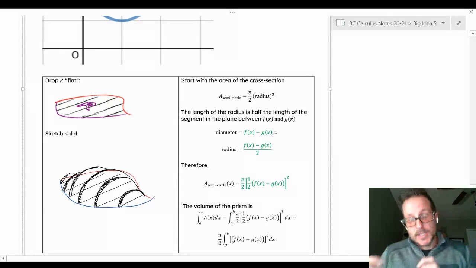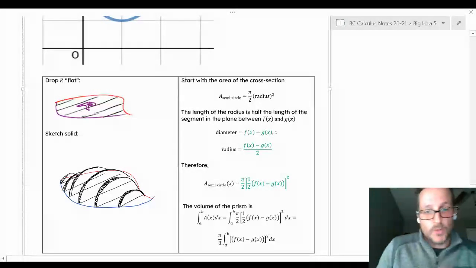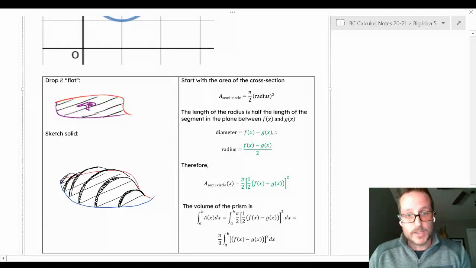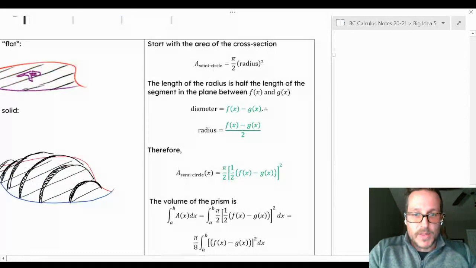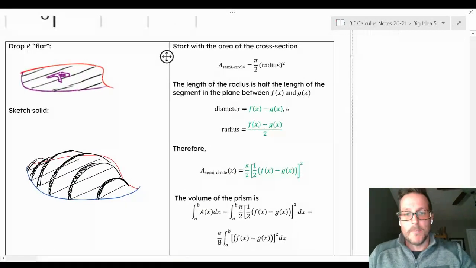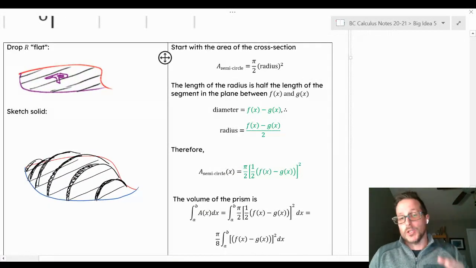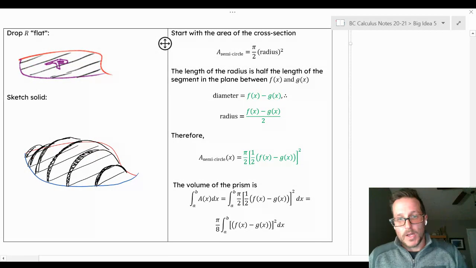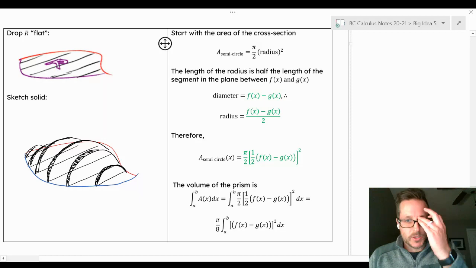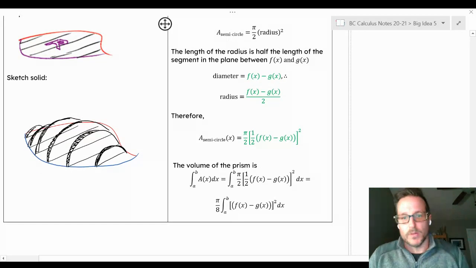So we'll take that distance, F minus G over 2, sub it in for the radius. So the area of any one of those semicircles can be calculated by pi over 2 times the quantity 1/2 of F minus G squared. So sub that in, we can simplify it. We'll square the half. We'll take all that out with a pi over 2. So our final integral looks like the integral from pi over 8,